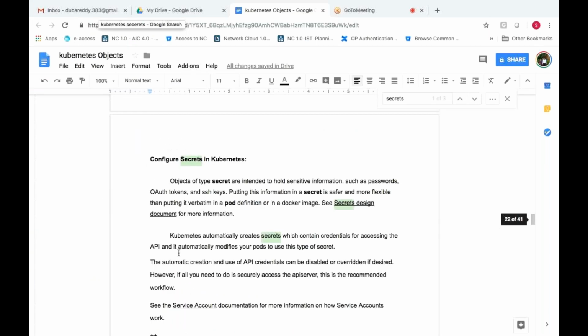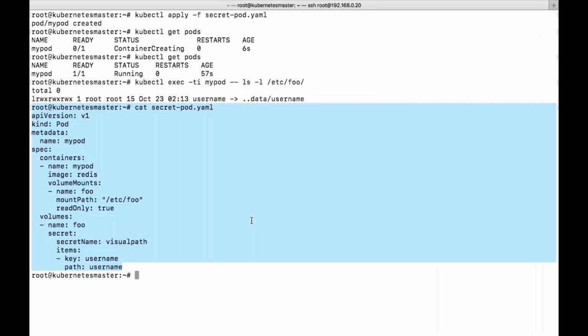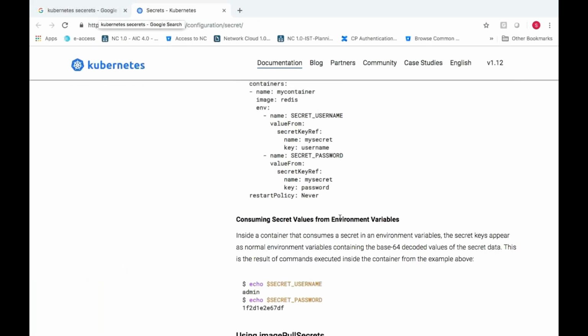Let's see. So let us go to the next level, that is environment variable. So here we need to use this username and password. Same thing but few changes.